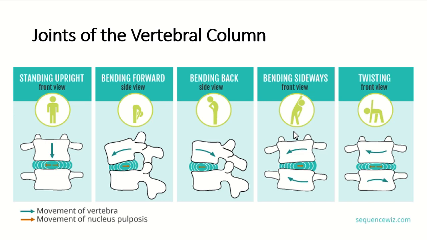Moving to a single side, for example, looking at it from the anterior view, we see that you get a compression, for example on the right hand side of the intervertebral disc, and it leads to a bulging on the left side. And twisting, for example, where one disc is moving in one direction and the other in the opposite direction, you again get this bulging of the disc in bilateral directions. But naturally what you want is to avoid that full compression on the discs as much as possible by avoiding bad posture and twisting and turning too much.